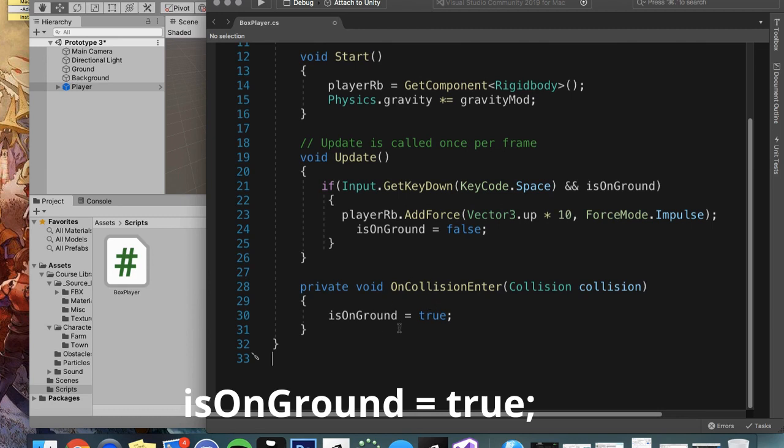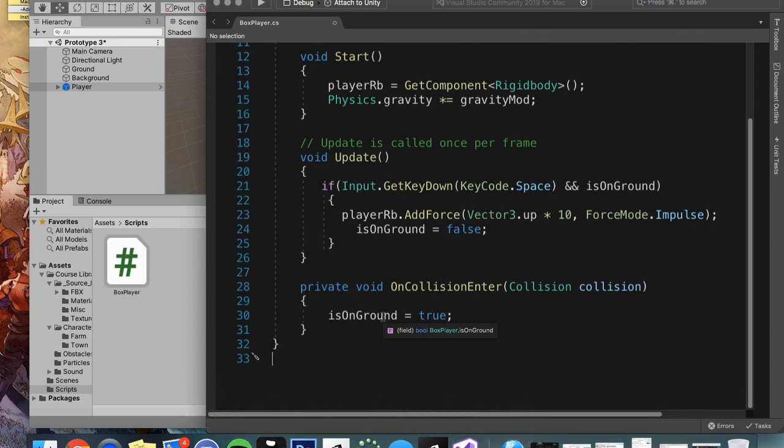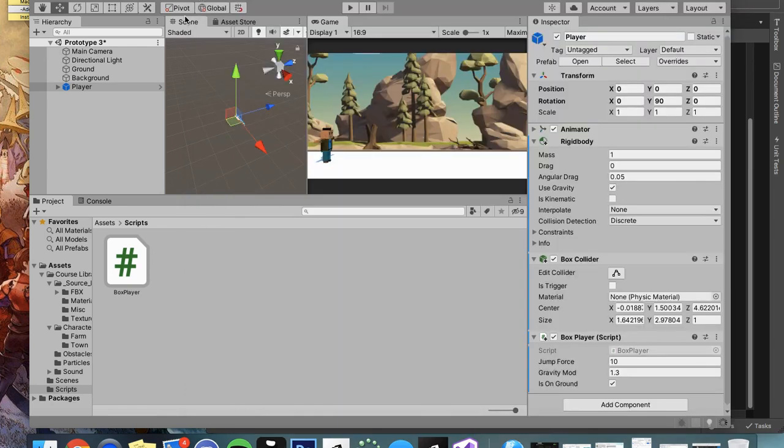Wow, this is great, man. Using booleans to check for conditions is so good. This is a good way to make sure that things aren't double jumping. Command S to save. So great in any type of game. There's more sophisticated ways of doing this that will give you more control, but for now this is going to